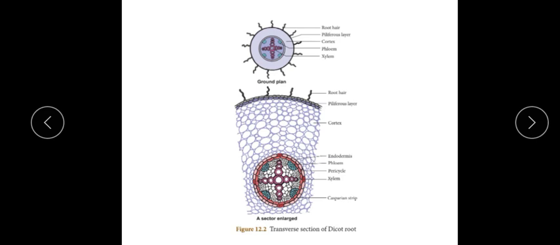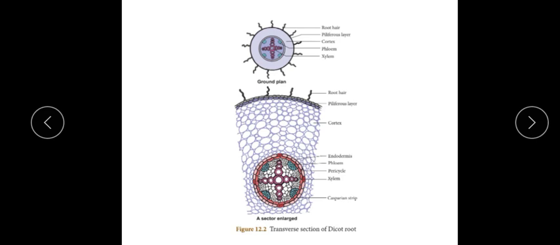Okay. Now today we'll go into the next topic, which is the internal structure of the dicot root. In the dicot root, you have to imagine the diagram. A section diagram is given for you. Don't imagine the root will be looking like this. Root is of course cylindrical in shape. You have to imagine a transverse section. TS refers to transverse section.